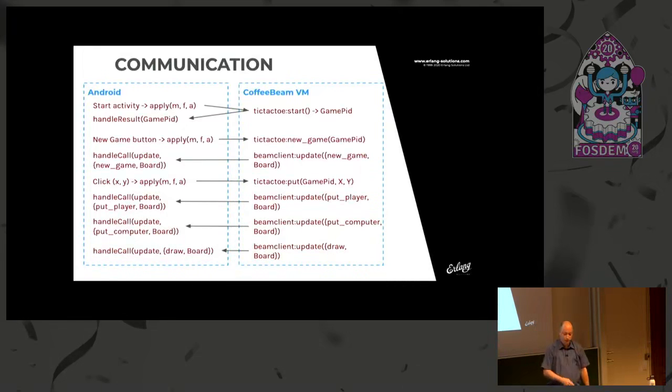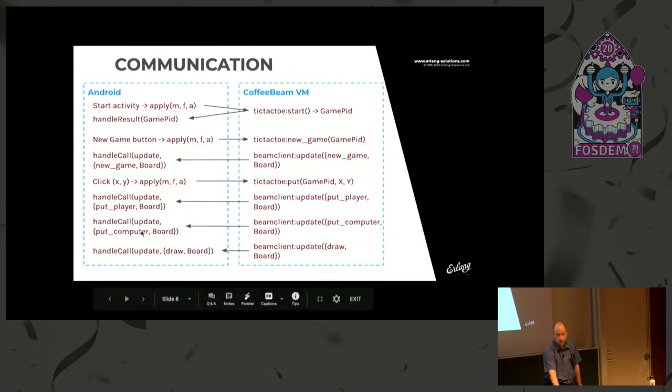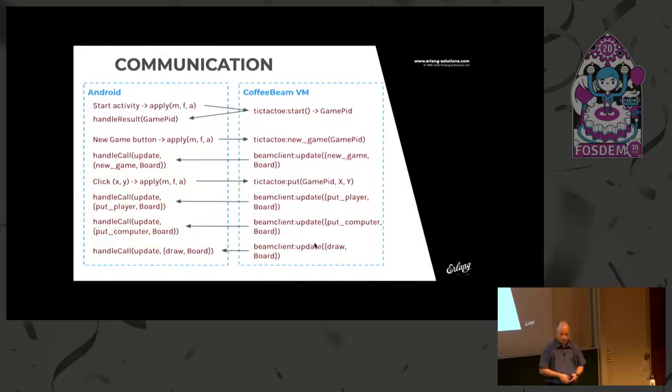Also, when you click a field, it invokes in the same way function apply MFA tic-tac-toe put. Then a board update happens, and also the put player event. So the player has put their sign on the board. Then the computer's turn. This also updates the board, and after many iterations, you will end up with updating the board with an event like draw, win, or loss. So this is basically the game communication,